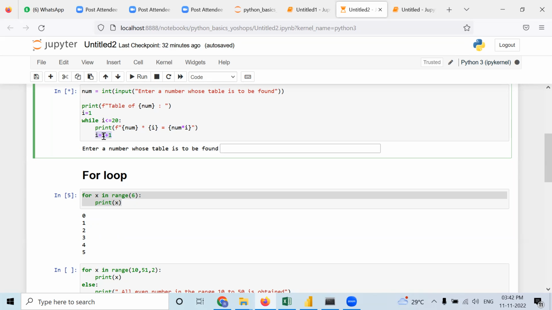Now it is 2. Again, this loop will run because this condition is still true. 2 is less than 20, isn't it? So this particular statement will again be printed. Here num means number, so when I'm writing any number, 6, that means